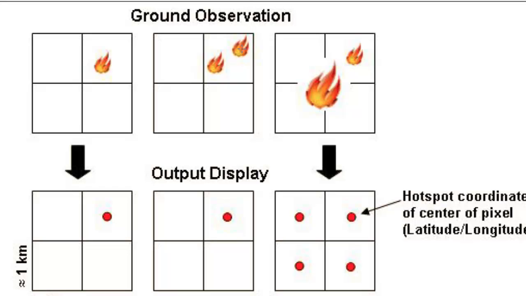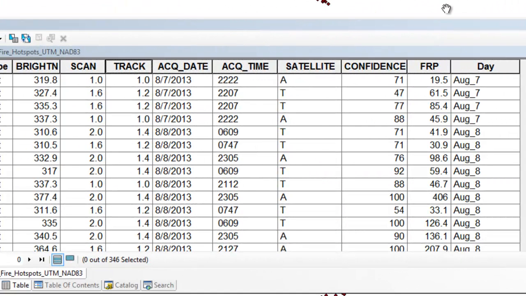Here's 2 fires burning within this 1 kilometer pixel. So the center of that 1 kilometer pixel becomes a point. Here's a large fire, so it's basically making all 4 pixels hot. So the center of those 4 pixels will become points. So that's what we'll start with, and there'll be hotspot point data from the Mississippi fire from August of 2013 near Big Delta. Okay, so we'll start with 346 points from the Mississippi fire, and we have a variety of